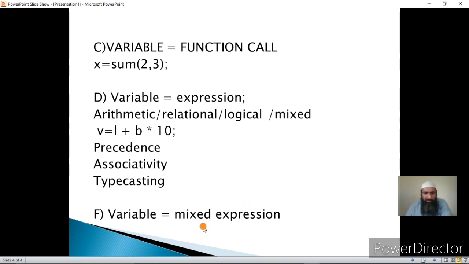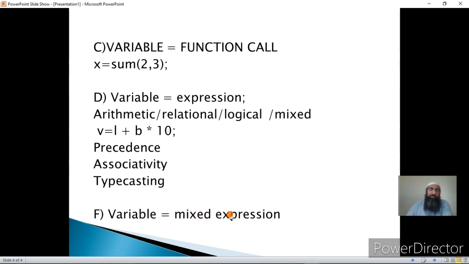By mixed expression I mean the combination of all the possibilities for the assignment statement, written here in mixed form, and once I show it practically it will be clear.